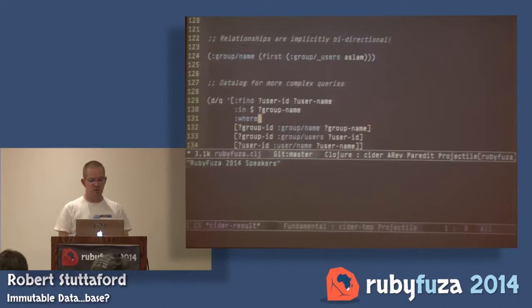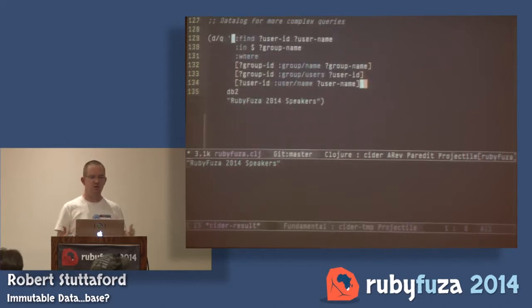And then finally, when you actually need to do really serious queries, this is the SQL analog for Datomic, you can use what's called Datalog. And some people might have heard of Prolog, which is probably older than I am. And essentially what we're doing is we're creating a series of constraints to solve over the datums in the database. So here I'm saying, find me user IDs and usernames in this database and this group name where the group IDs, group name, so now we're matching against